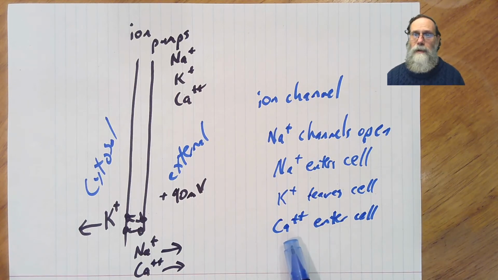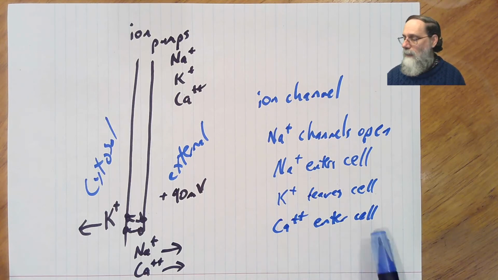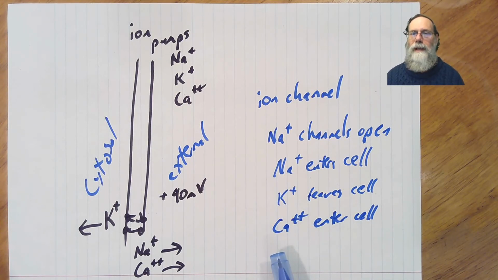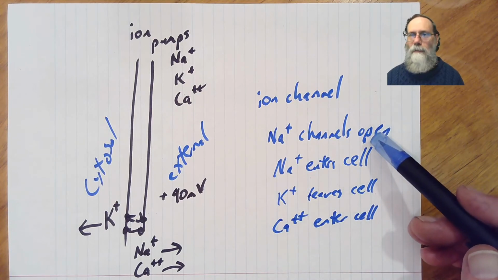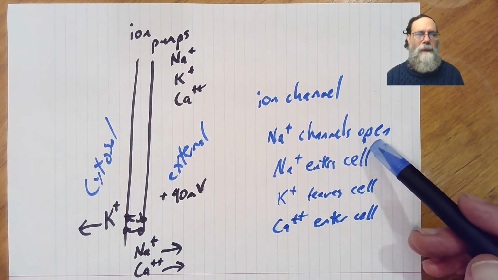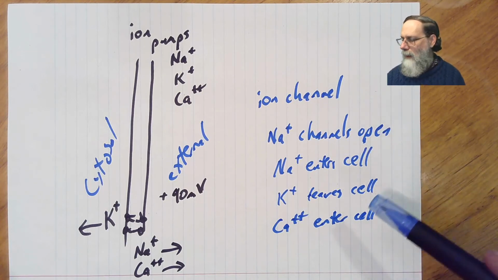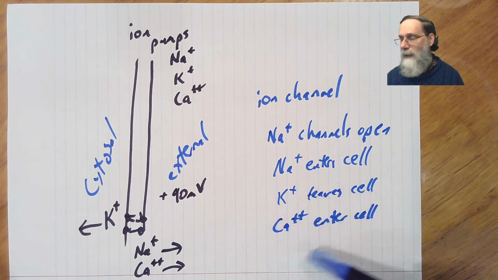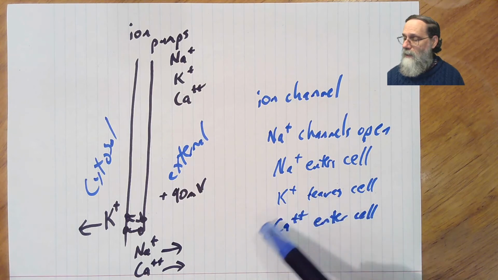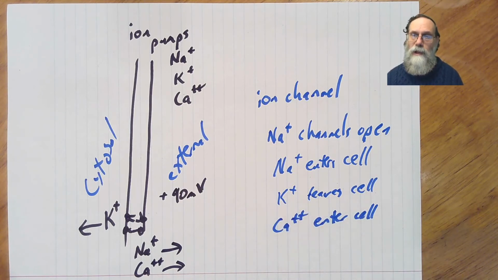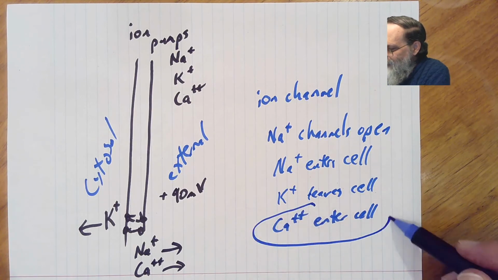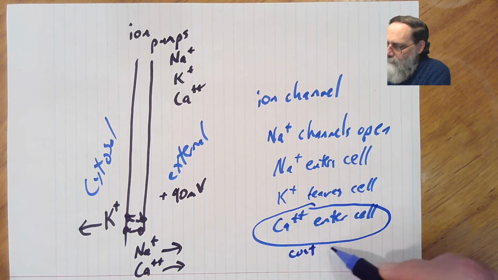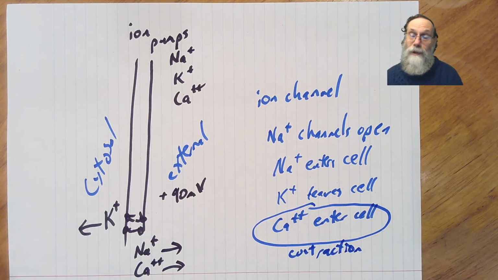The calcium channels are very slow acting. So basically the calcium pulse comes in and it stays there for a long time. The sodium pulse lasts a few milliseconds, less than a millisecond maybe. The calcium channel, on the other hand, can result in a calcium pulse that lasts hundreds of milliseconds. And it's this calcium entering the cell, the increased calcium concentration in the cytosol, that causes the muscle to contract. So this is really the key thing for causing contraction, which is the main output of the muscle cell.